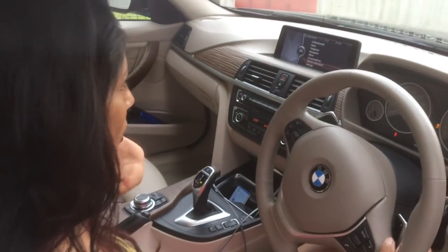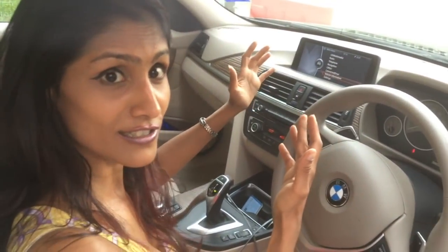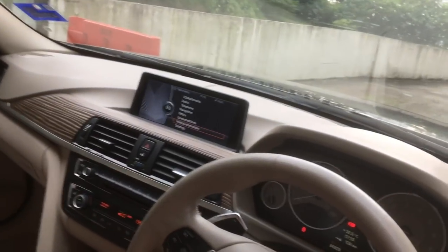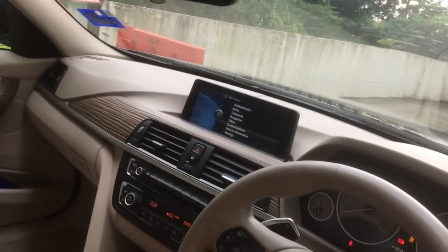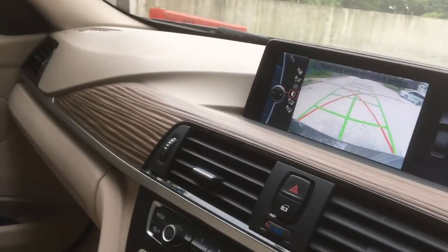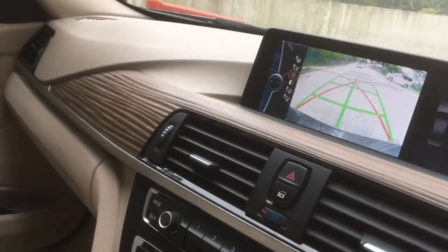Okay, so this car has a 360-degree camera. Can you put it into reverse? So when you're reversing, not the reverse camera, that's pretty standard, but this car has the parking assist. You're in the reverse camera, so...